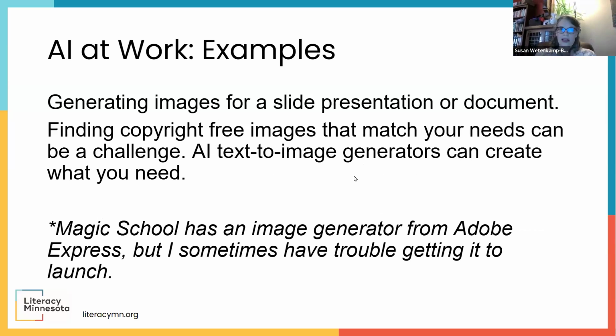Another example is images. So in addition to producing text, generative AI can also be used to produce paintings, more or less, right? Or photography. And I'm doing air quotes here because, of course, they're not actual paintings and they're not actual photography. They are generated to look as if they were a photograph or a painting.